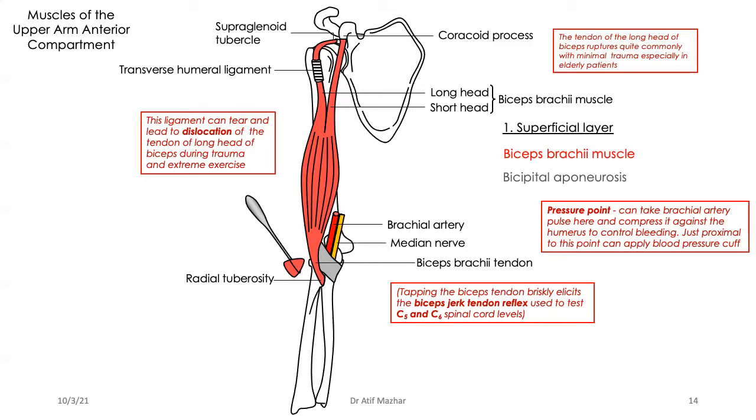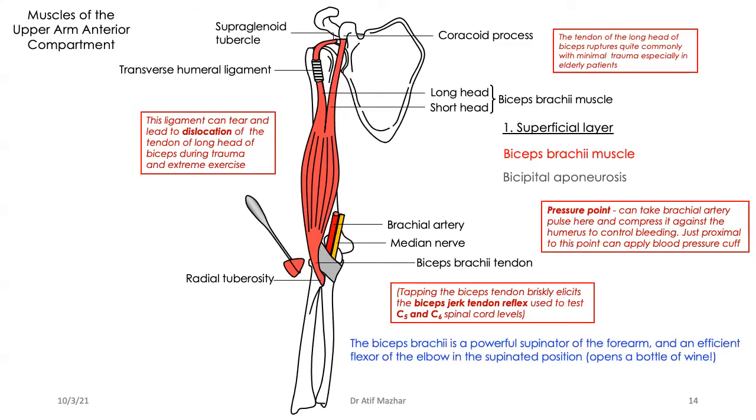So now we have seen the brachial artery and median nerve, and how they are closely associated with each other. So what are the actions provided by this biceps brachii? Never forget, it is a powerful supinator. First job, powerful supinator of what? When you talk of an action, talk with reference to a joint. Powerful supinator of my proximal radioulnar joint.